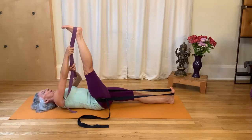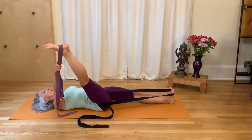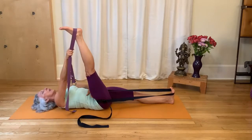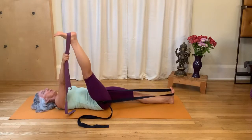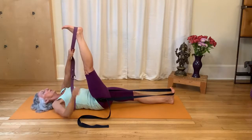Then you can hold both belts in your right hand. You can go just a little bit. Don't go all the way out. Go as far out as you can without disturbing the other hip and keeping the clock face of the pelvis on the floor. I've talked about that in my book and in my courses with Yoga U. But you want to keep this clock face even on the floor, and then I can switch hands